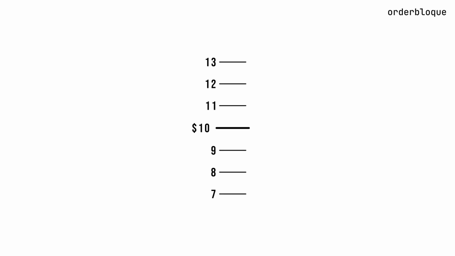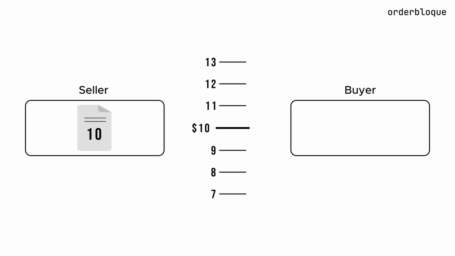Let's imagine the following situation. There is a seller in the market who wants to sell 10 shares at $10 each. In this case, the total supply volume is $100. At the same time, there is a buyer who is willing to buy exactly 10 shares at the same price. Thus, supply and demand are in equilibrium, and a $100 transaction takes place in the market. The shares go to the buyer, and the seller receives their money, while the price remains stable because the forces